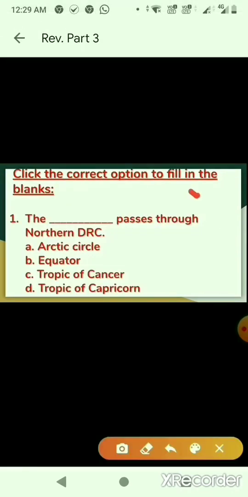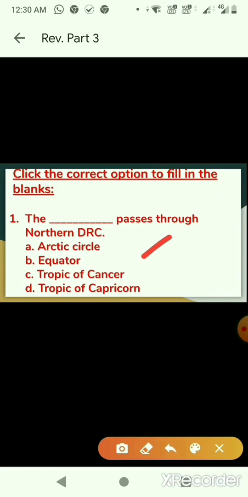Now here we have the first head question, that is click the correct option to fill in the blanks. And for one question we have 4 options. I want you to read along with me. Number 1. The dash passes through northern DRC. And the options are here.